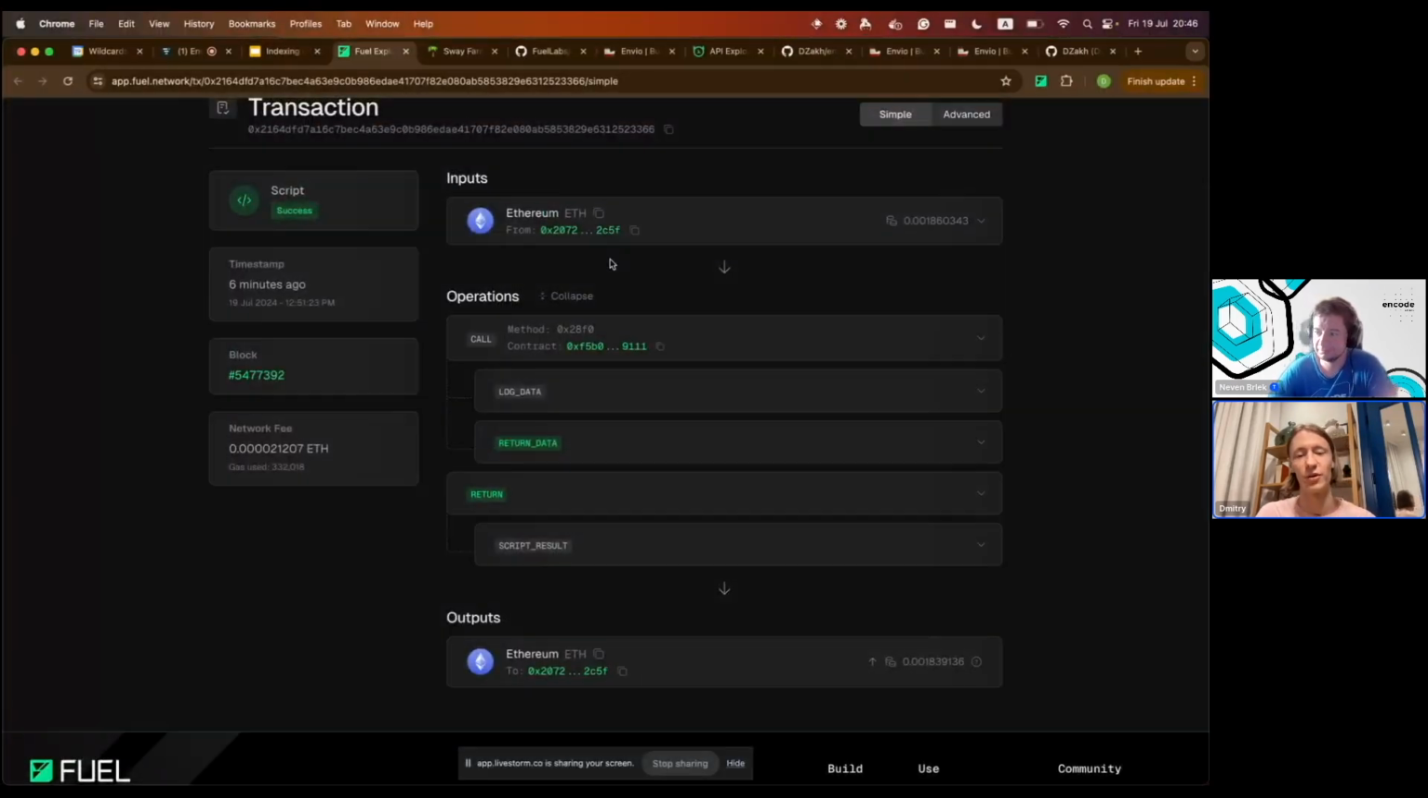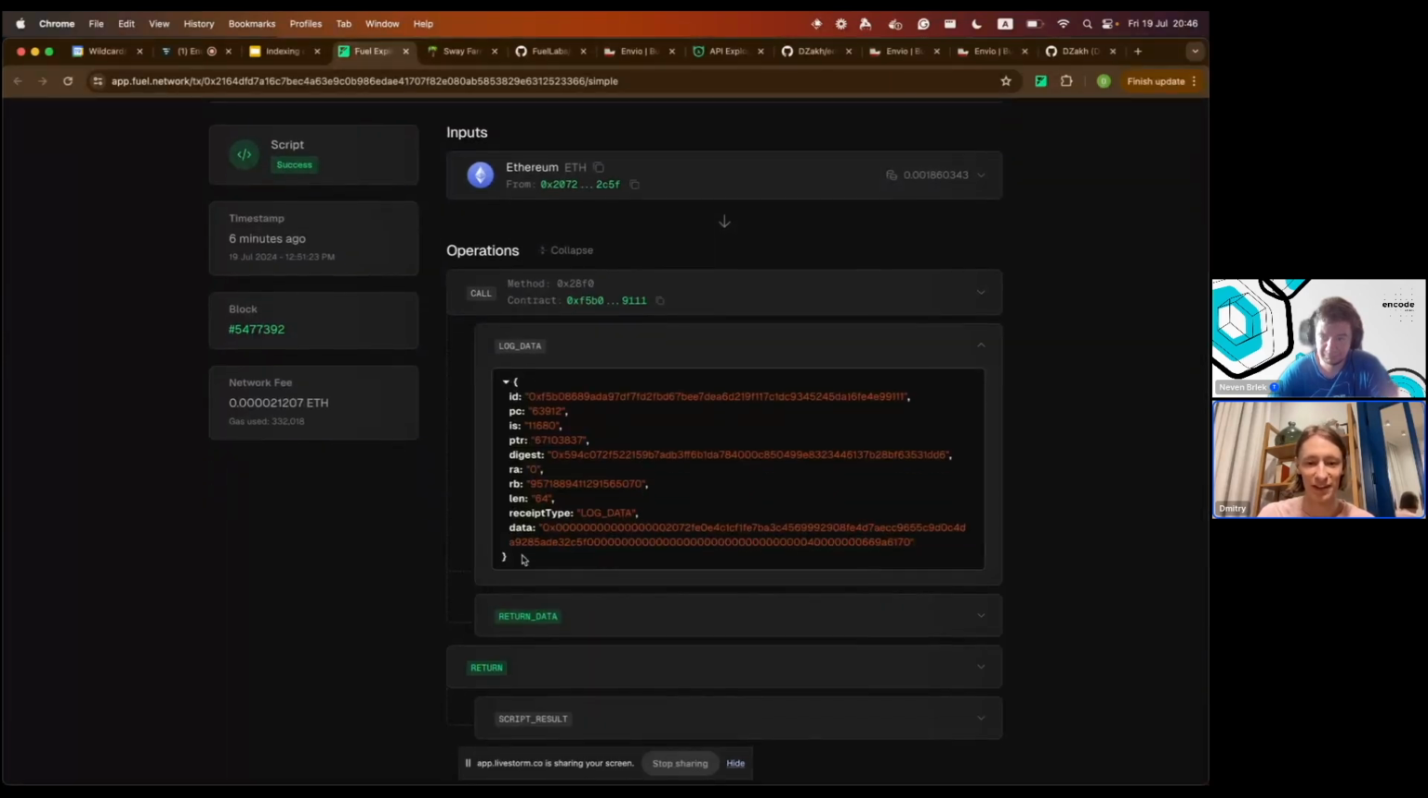When we look at this in the block explorer, we can see that the transaction contains some payload with operations, and operations are actually receipts, using Fuel terminology. One of the receipts is log data, which looks like this object. The interesting fields for us are the RB field, which is the identifier of the log, and you can find it in your ABI to understand what's actually logged, and the data field containing the payload